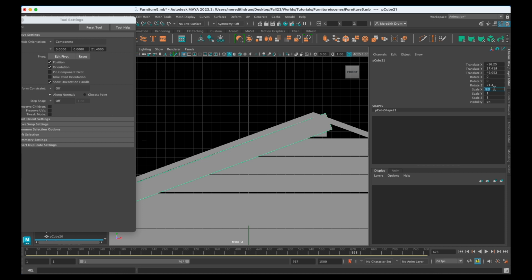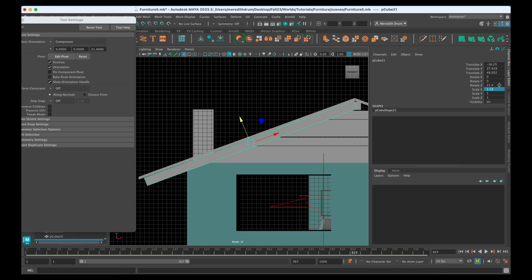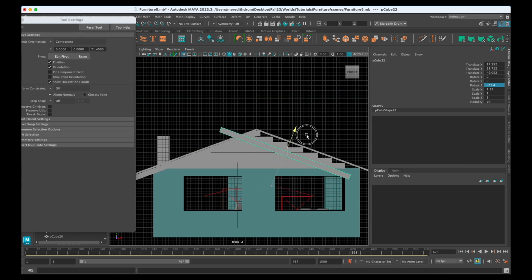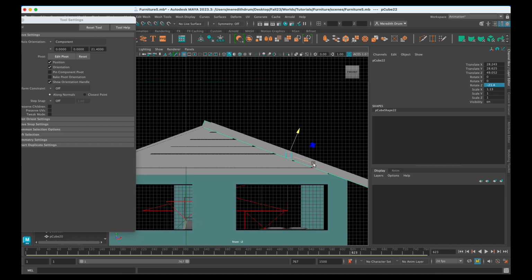1.2. Oops, that's too much. 1.17. 1.15. 1.14. Okay, so I still think that's too big. 1.13. All right, and then we can check out the rotation. It's rotated 21.4. Let's duplicate it, and let's make that negative 21.4, because then we have one that hopefully will sit fairly well over here, and we don't have to redo all that problematic stuff there.